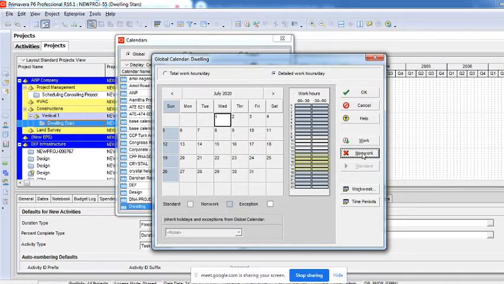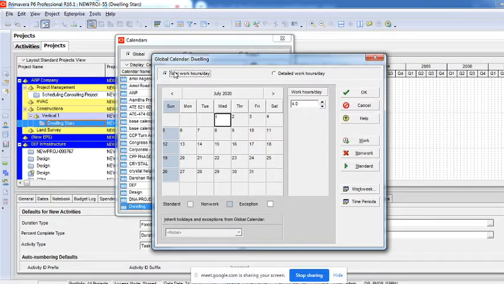If you want specific changes, you can do it here. Or at any point, if you feel that these changes are not required and you want to make it standard again, click on that particular day, and there's an option called standard. You click on this, and the exceptions become standard. For example, 15th August, I'll make it standard again. You can see this becomes 9 hours working again. The moment you double click here, it becomes 0. As simple as that.